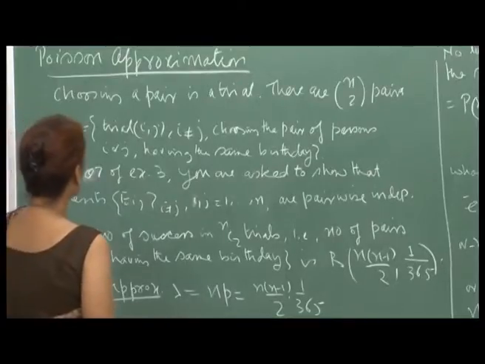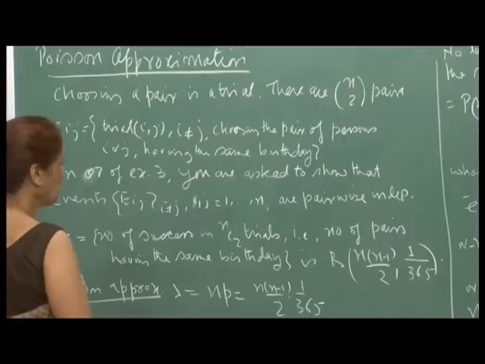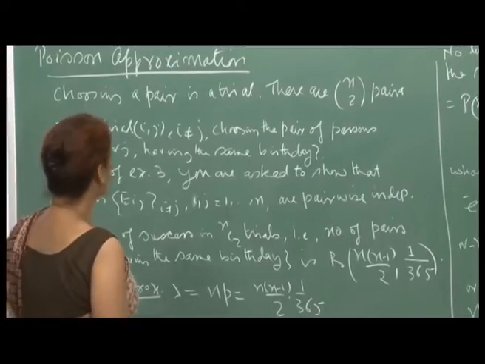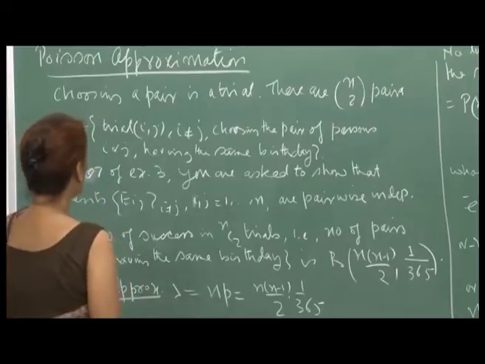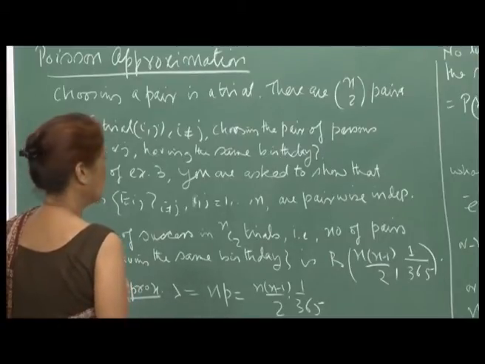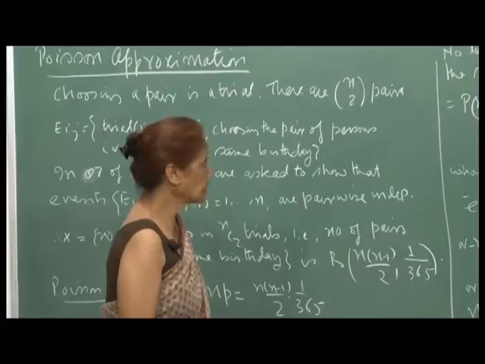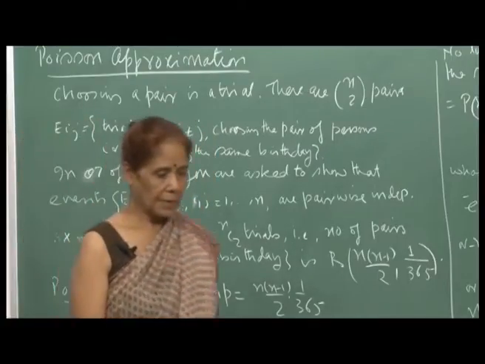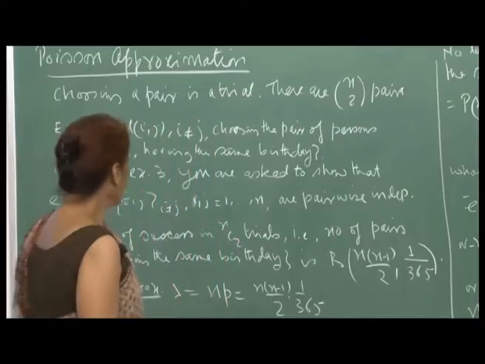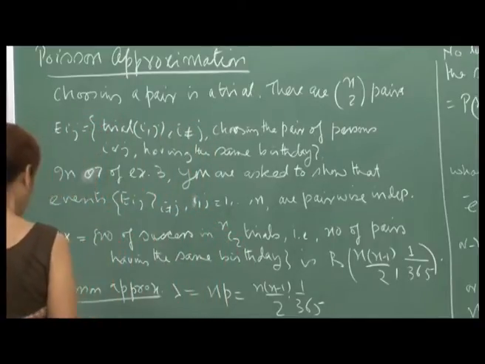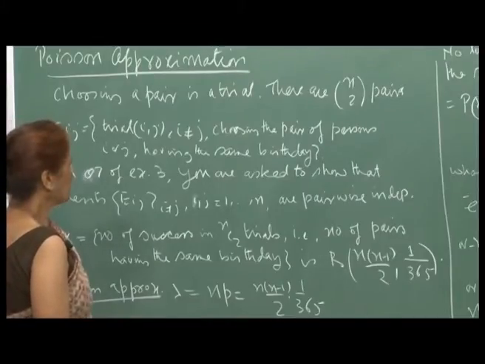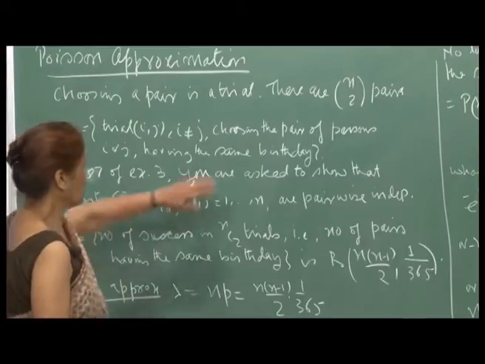So, let me continue with the Poisson approximation of what we discussed, the common birthday problem we discussed. Suppose choosing a pair is a trial, choosing a pair of people who are present in the room. Then there are nC2 different pairs that I can choose. Now, consider Eij as a trial, i not equal to j, such that, and of course,